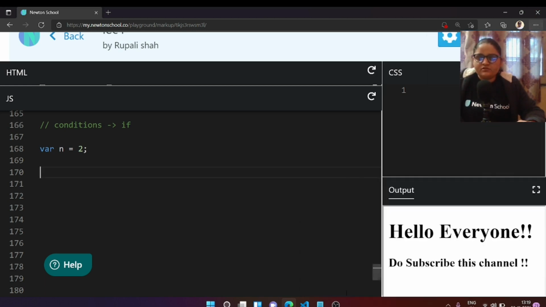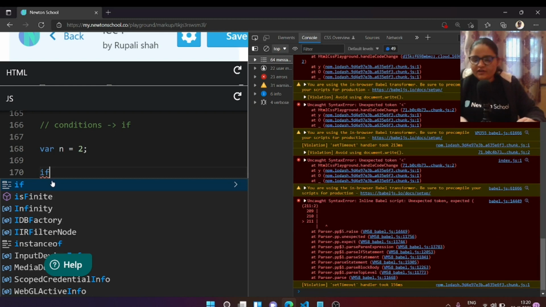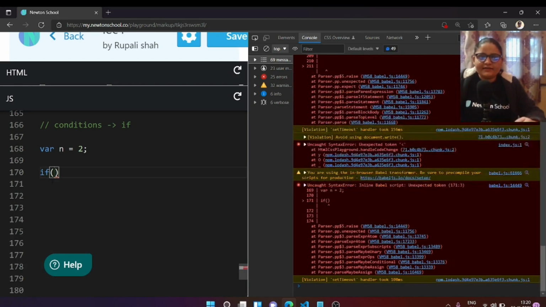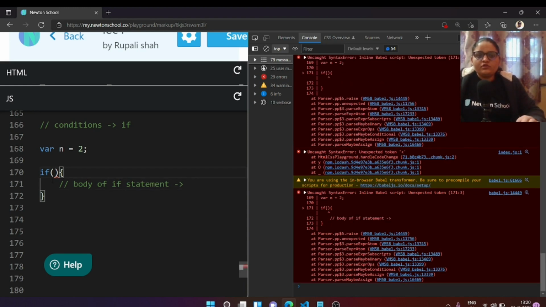Now let me open the developer tools. To write an if statement in JavaScript, we have the if keyword, then round brackets, and then two curly braces. This defines the body of your if statement, whatever you want to execute when a particular condition is true.